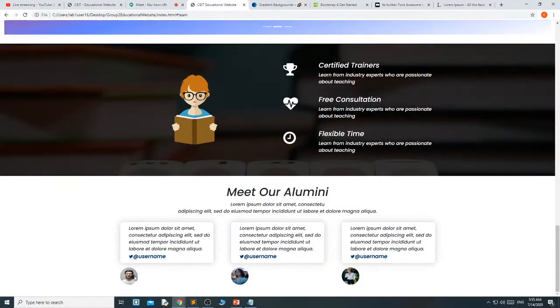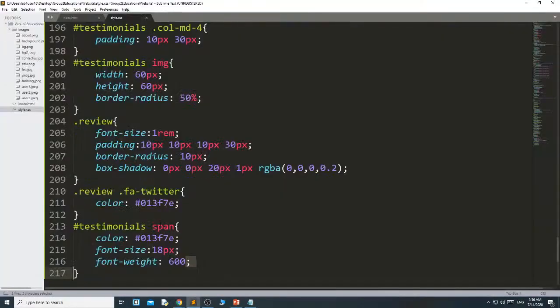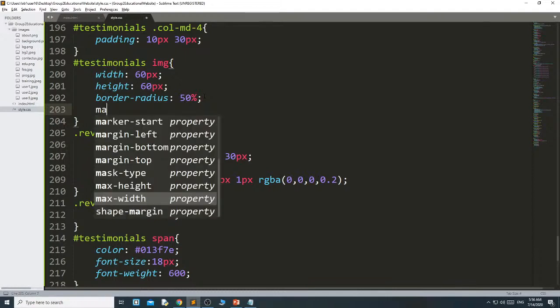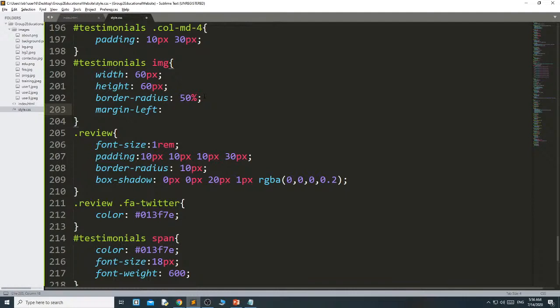Now I want to move this image over this box like this, and I want to make this border. Then what I have to do here, go to this image part again, here margin left minus 30 pixel.